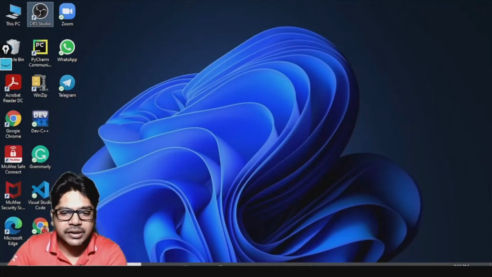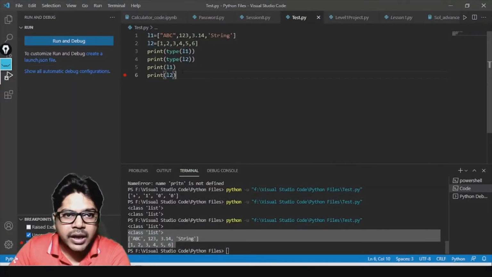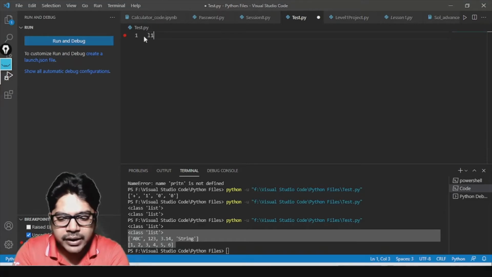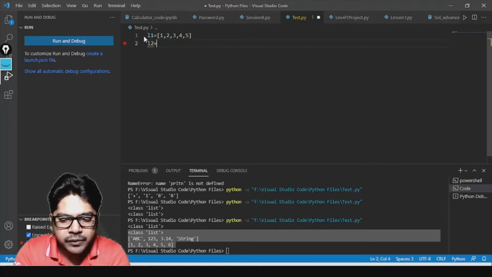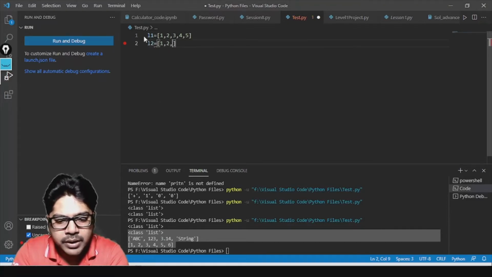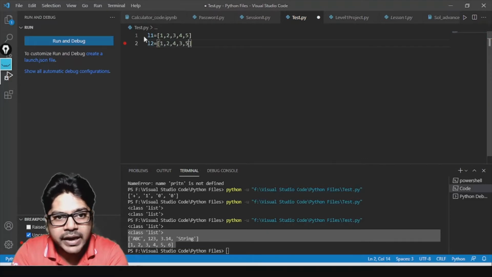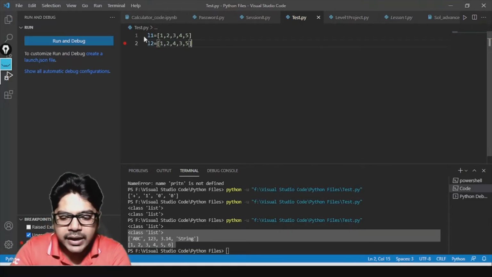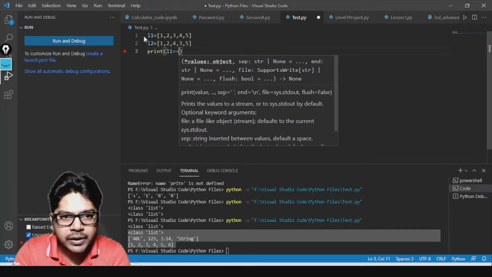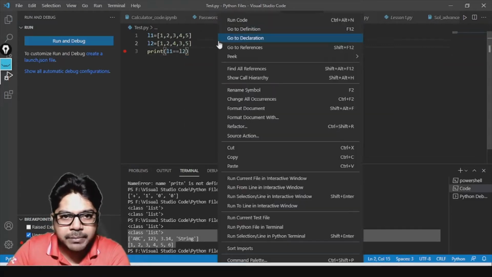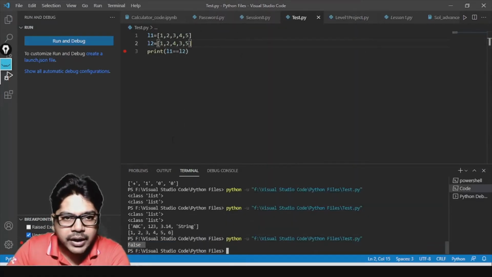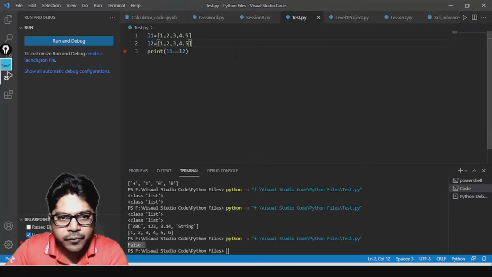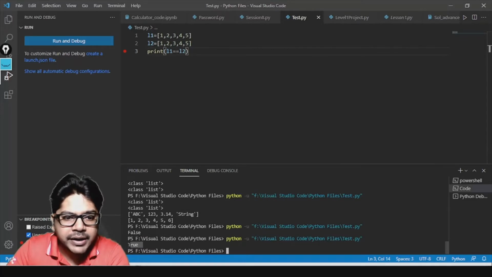Let's try and check this out. Okay, so here if I create L1 equal to 1, 2, 3, 4, 5, and then I create another list L2 equal to 1, 2, 4, 3, 5. I changed one order. Okay, and then I try to print L1 equal to L2, then you see what happens. I'm going to get false, right? But if I change the order back to 3 and then 4, and then I try to print it, now I'm getting true.